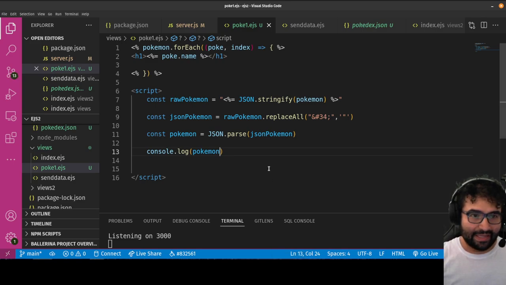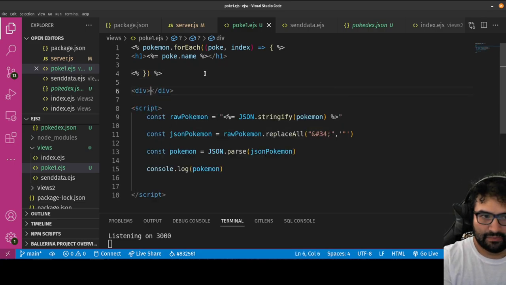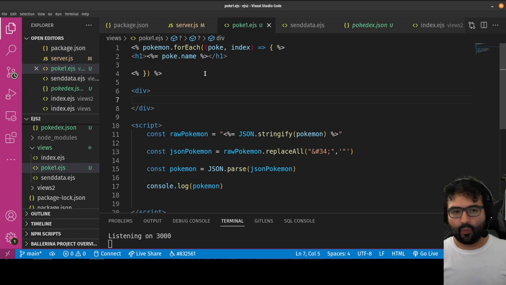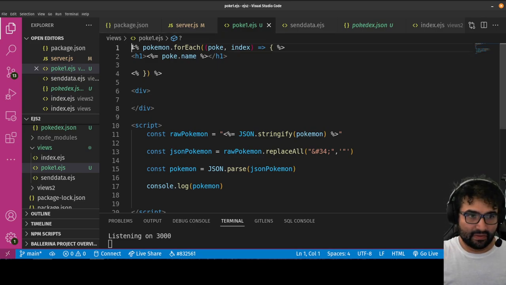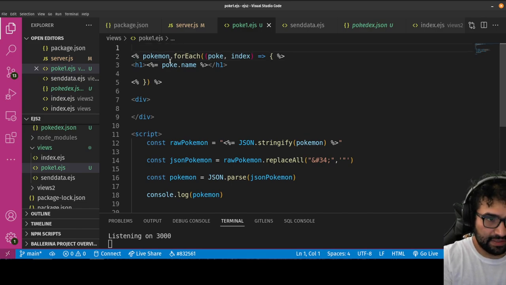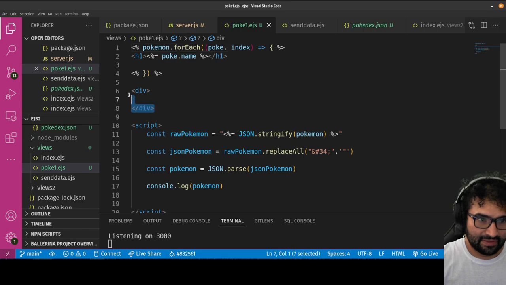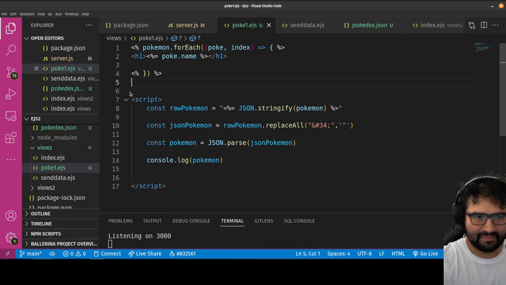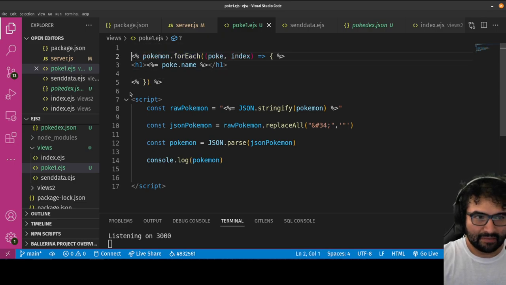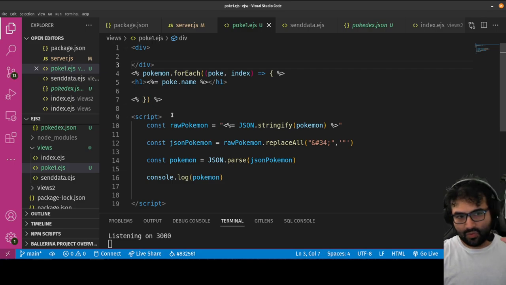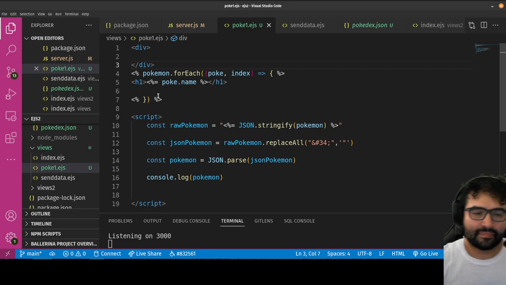That's all well and good. So now what I'm going to do is create a div here. Well, let's put the div on the top. The reason being is that otherwise you have to scroll all the way to the bottom. So let's put the list on the bottom and the div on top. And what I want is that whenever you click on a Pokemon, you're going to see that Pokemon in that div. So what we're going to do is define a function